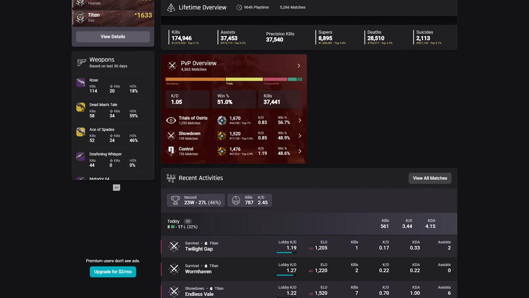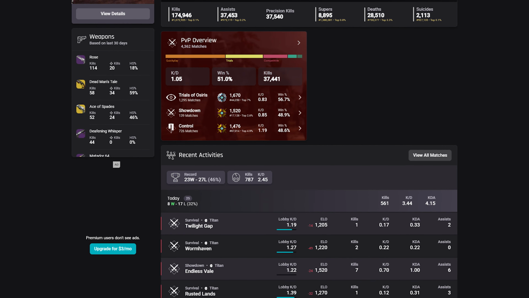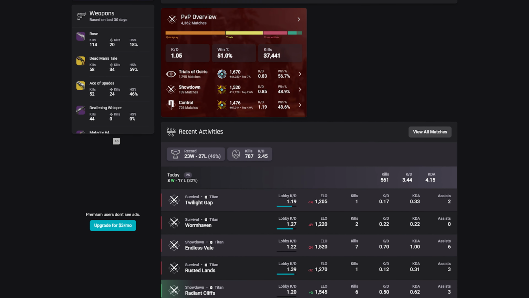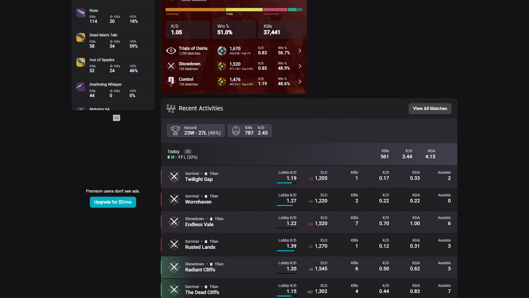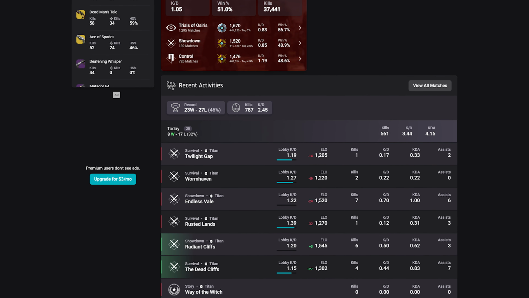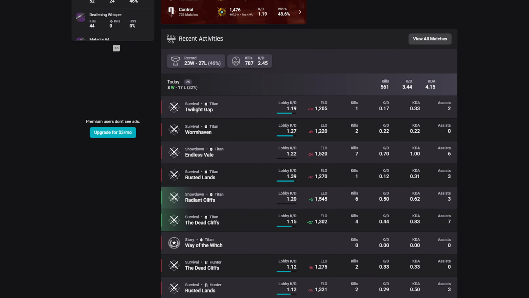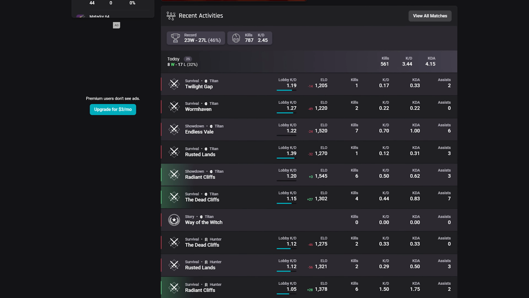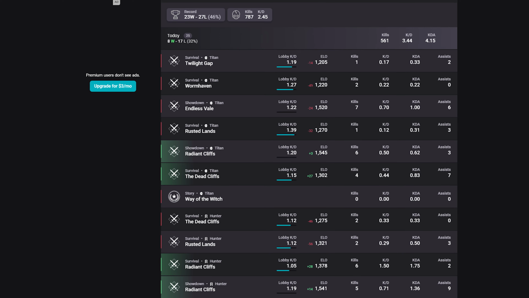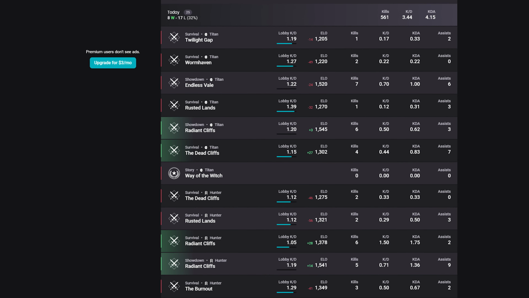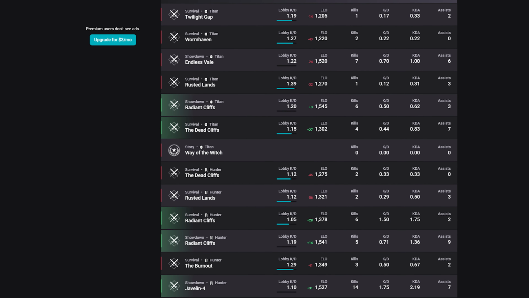Now, when this app is running, you can see stats relating to trials. For example, you can look at weekly, monthly, seasonal or lifetime statistics of opponents. It also enables you to track your personal progress. Additionally, if you want to check weapon stats, then you can do that as well using this platform.